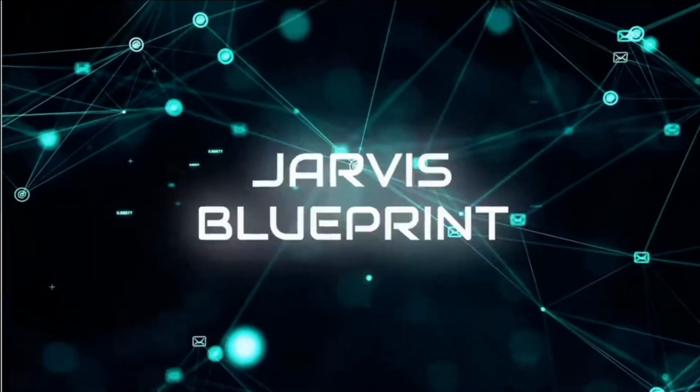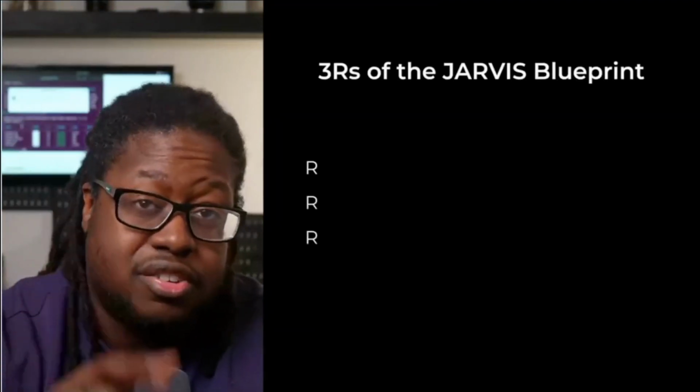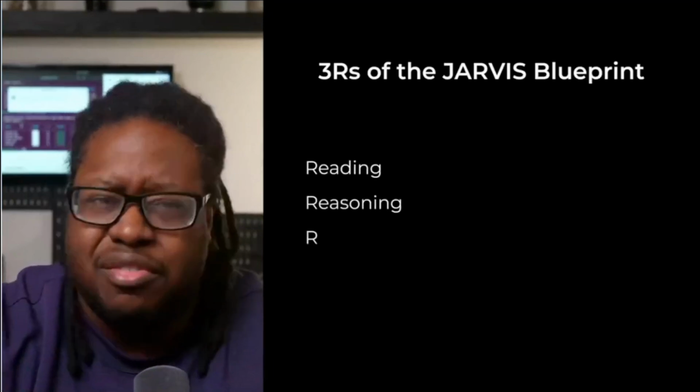This is where we need the Jarvis Blueprint. The Jarvis Blueprint consists of 3 R's: reading, reasoning, and responding. Currently, your automations are one-off actions that have one or more triggers with some conditions. However, this simplistic blueprint helps you to think of your automations in a way that allows automations to be reused. Since Jarvis is a collection of automations, each automation needs to be built in a way that allows it to be used in a chain.